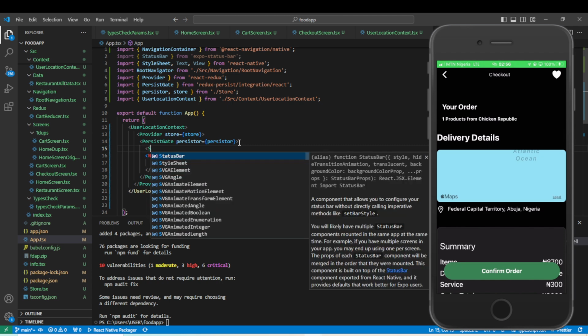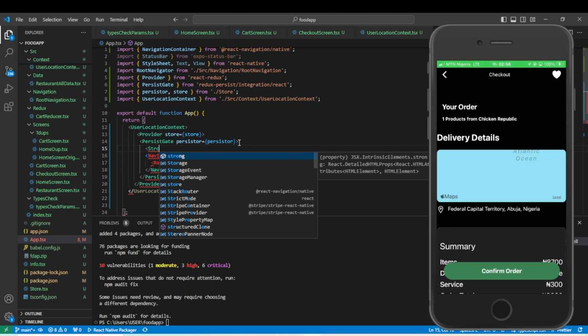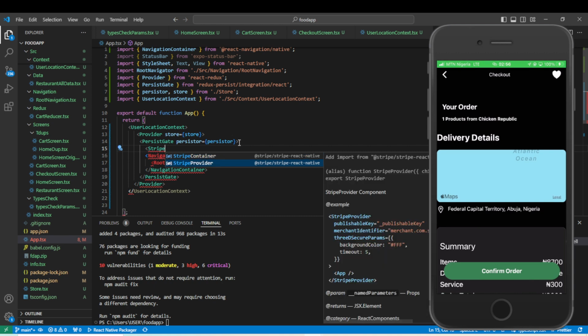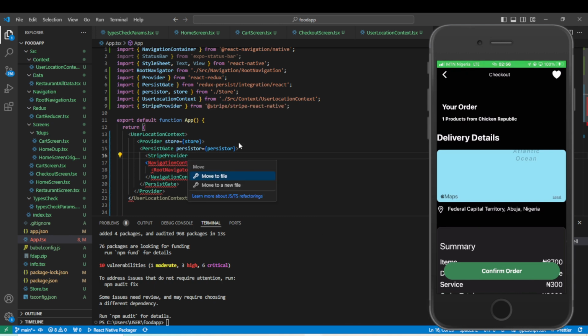We're going to say Stripe provider. So our navigation container, we'll put it inside Stripe provider,